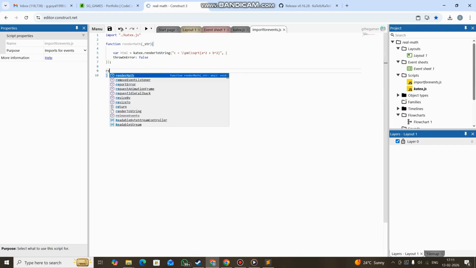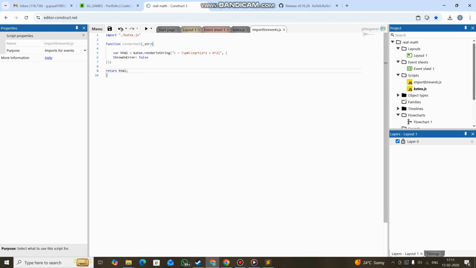and we need to return the html. Okay, we're going to return the html variable. Instead of this, I'm going to need a string. Okay, so I'll pass underscore string. We need one more thing here. Display mode and false, and I think the output string,